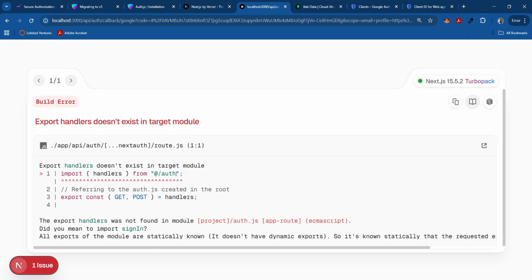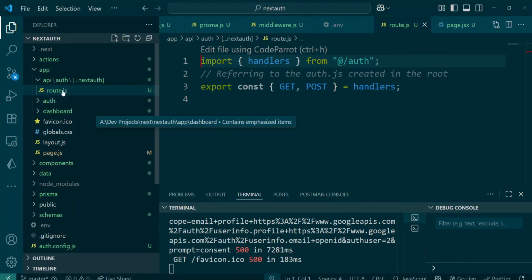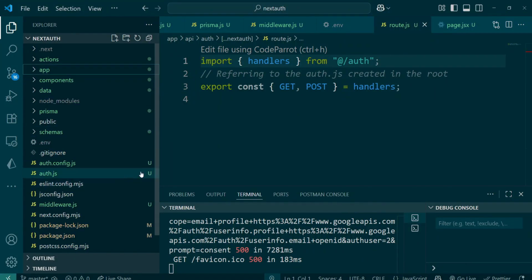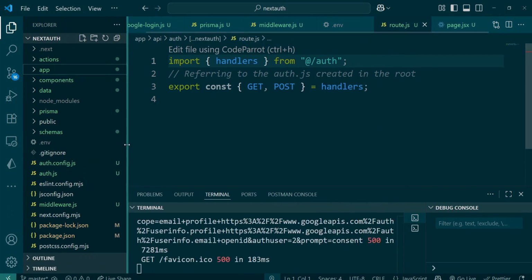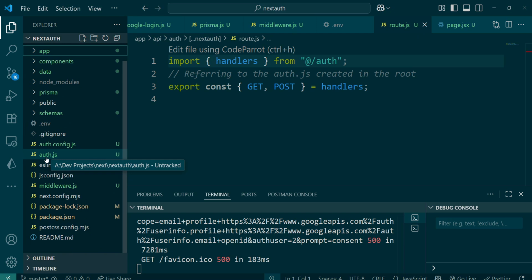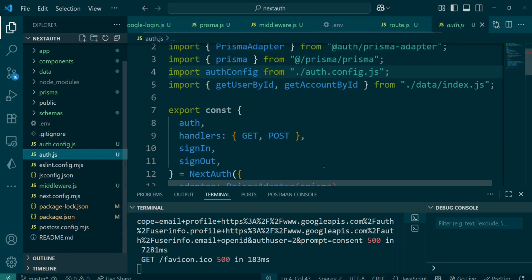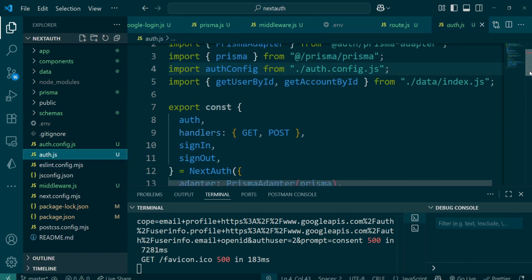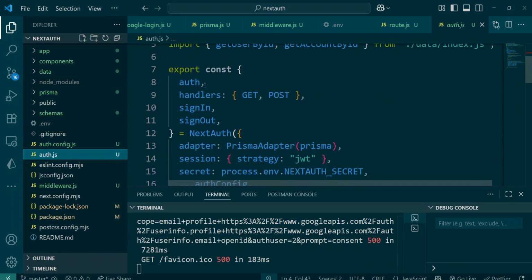We already have our handler declared and exported in the auth file. Let's check back the auth file. You see, we have already destructured those and exported from here. So instead of importing handlers,